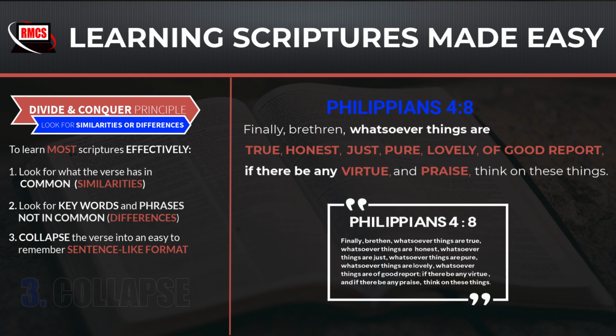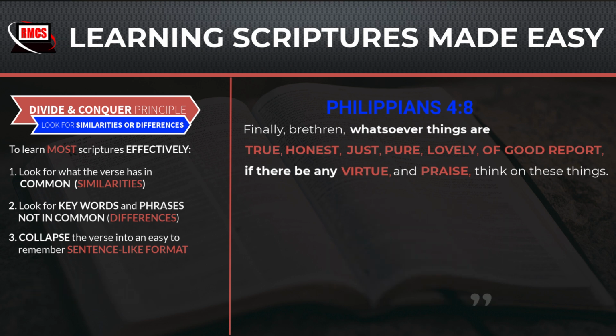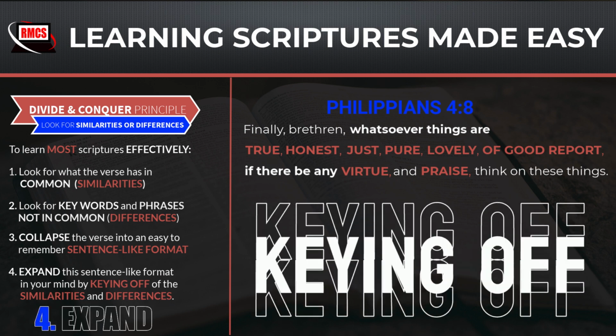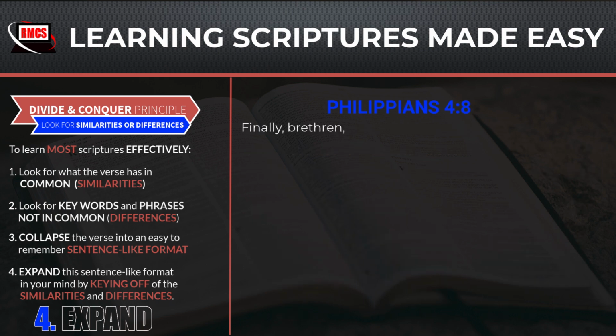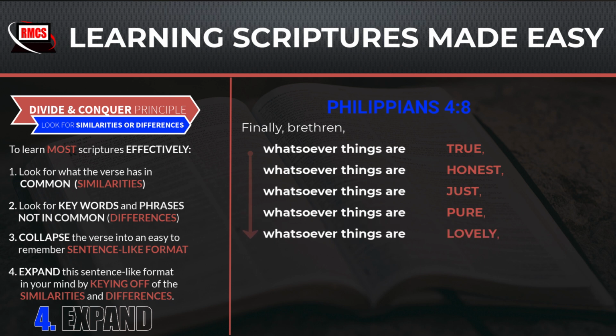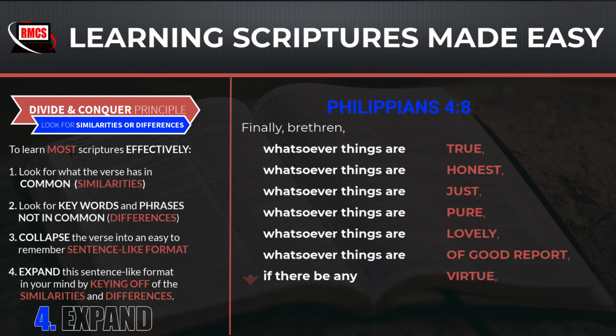Then when you want to quote this verse, expand this sentence-like format in your mind by keying off of similarities and differences of keywords and phrases. Finally, brethren, whatsoever things are true, whatsoever things are honest, whatsoever things are just, whatsoever things are pure, whatsoever things are lovely, whatsoever things of good report, if there be any virtue, and if there be any praise, think on